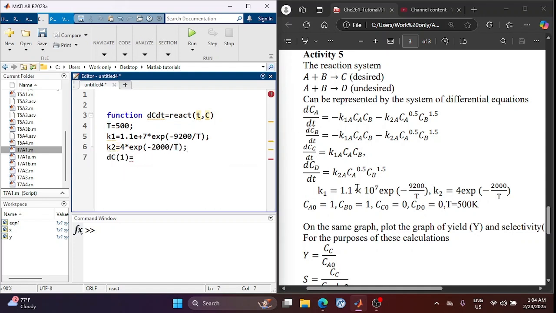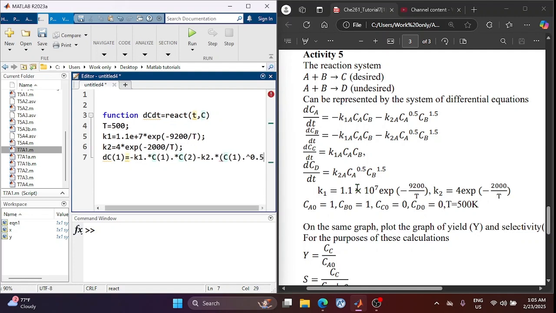So now the dc1 is minus K1 times C1, so that's CA, times C2, that's CB, minus K2 times, let me put this into a bracket, C1 to the power 0.5 times C2 to the power 1.5. So I can close that, and I can now say, if I want dCB dt, I can say dc2,